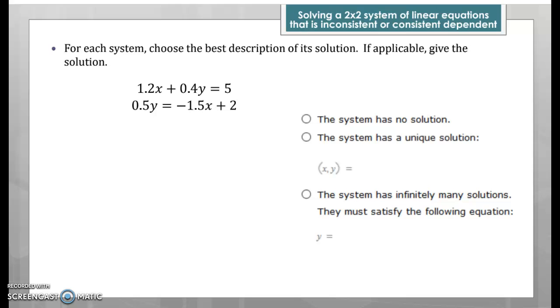So how are we going to solve this set of equations right here? Well, first of all, I see that it's in decimal form, so if I were to multiply both sides of each equation by 10, I would get rid of those decimals. So I end up with a new set of equations, which is 12x plus 4y equals 50, and 5x